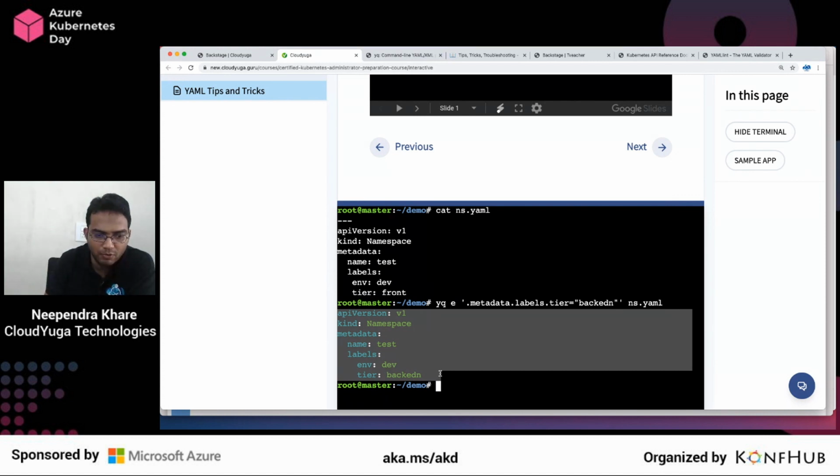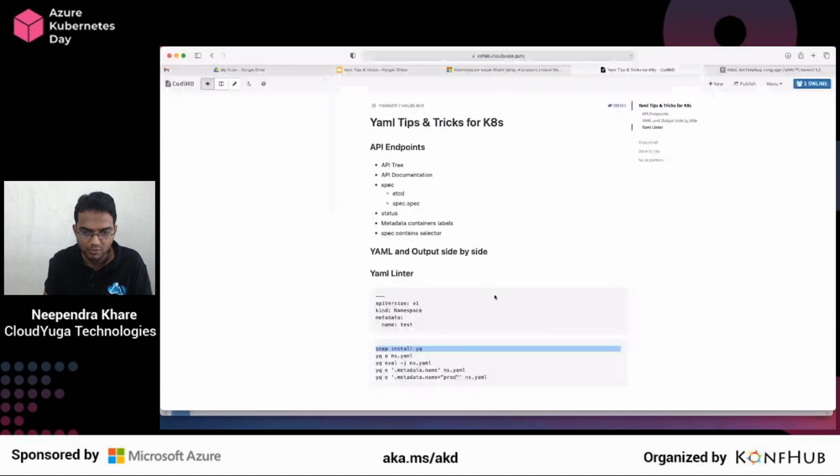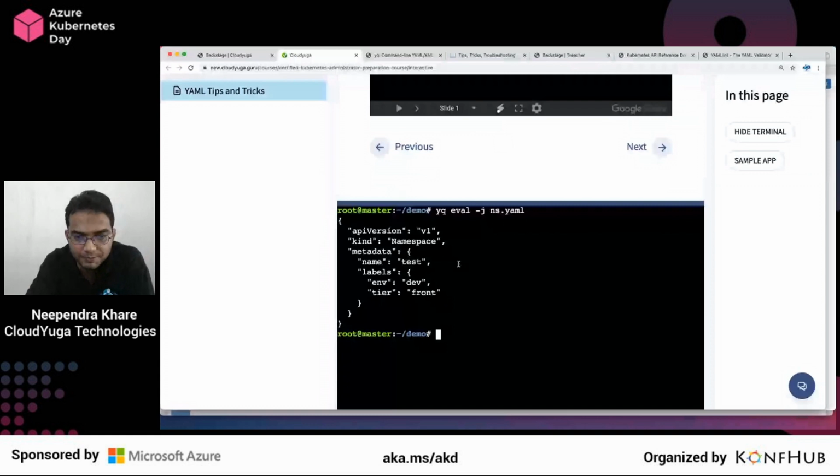There's one more thing: you can also convert YAML into JSON. Whenever you want, you can just say yq and convert into a JSON format with this yq tool. The yq tool can be available on a local workstation, and you can play with it, right?